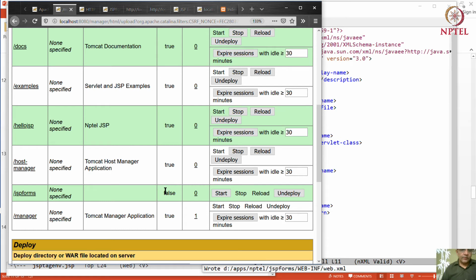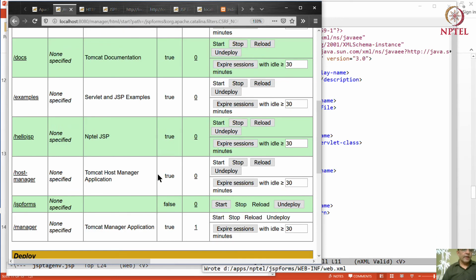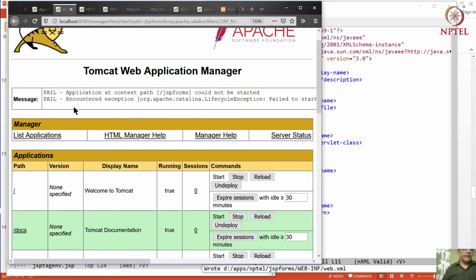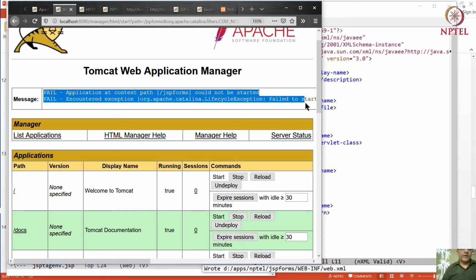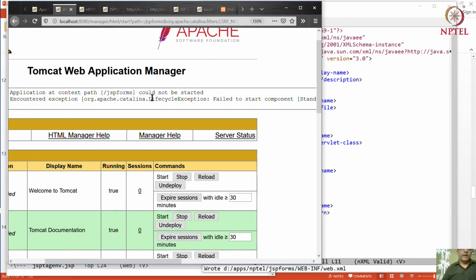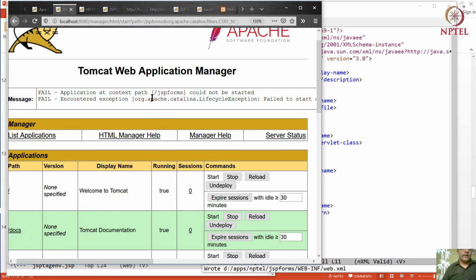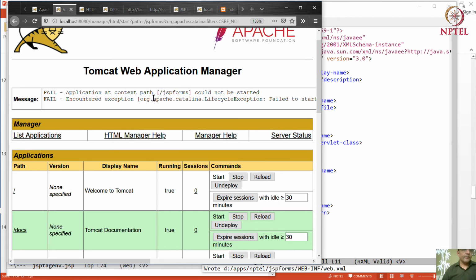However, if you look at this, starting itself didn't happen. Let's try and start it. Okay, now when you try to start it, it tells you something. It says application at context path JSP forms, etc. could not be started, encountered an exception, yada yada yada.